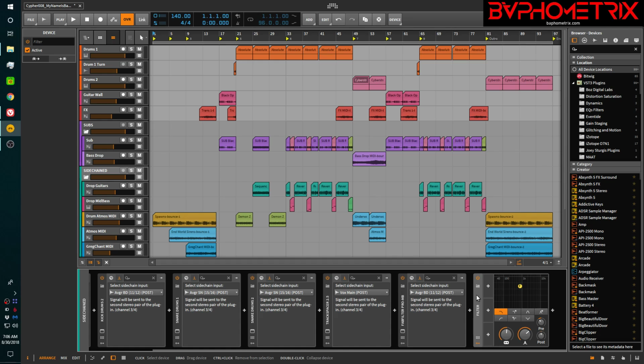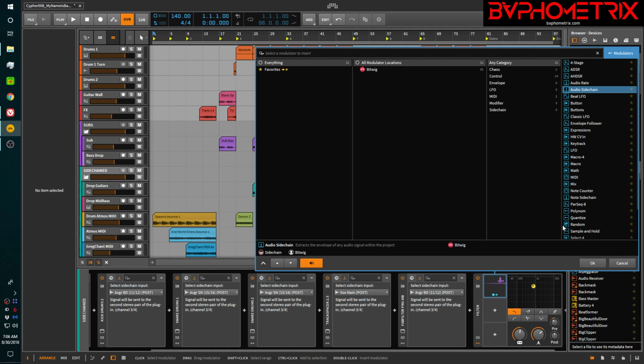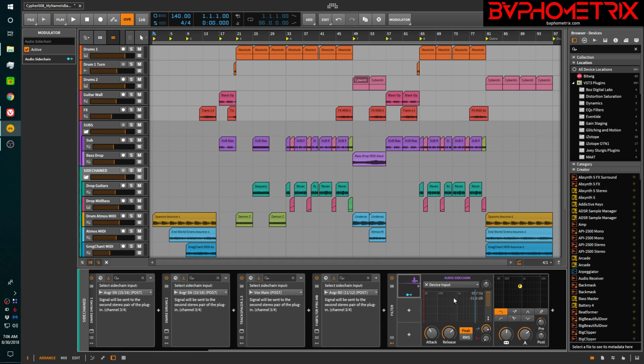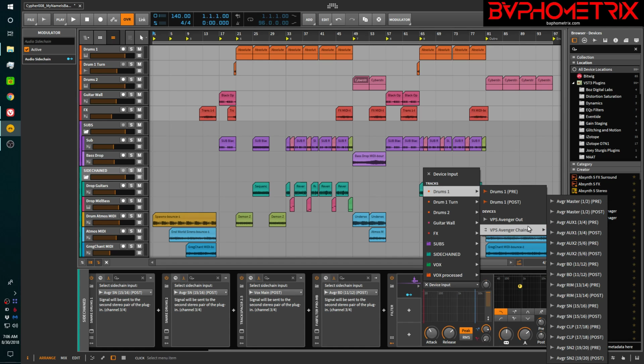So here's how you would do it in Bitwig. There's a special modulator called Audio Sidechain. And when I open up that modulator to look at its details, you can see it's just like setting up a sidechain filter in something like FabFilter Pro C. You've got the ability to pick where you want the input to come from. So let's go to a drum track. Let's go find a snare drum